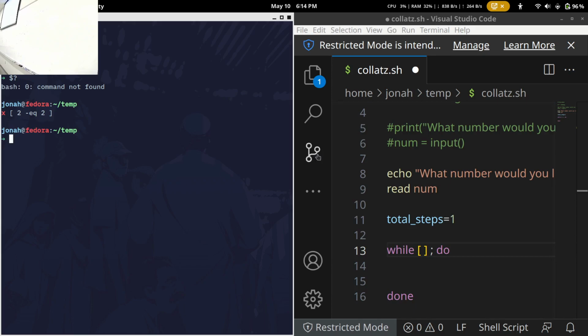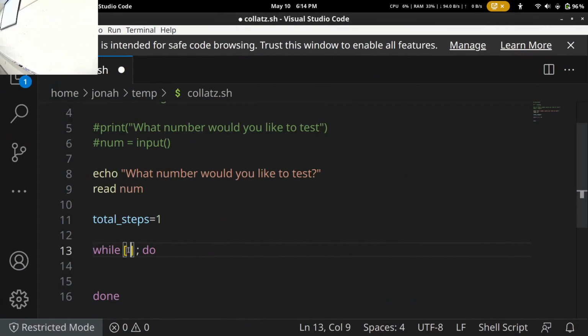Okay. Let's get back to this. Okay, so we want in these angle brackets an expression that will return a status code of 0, meaning it runs perfectly fine.